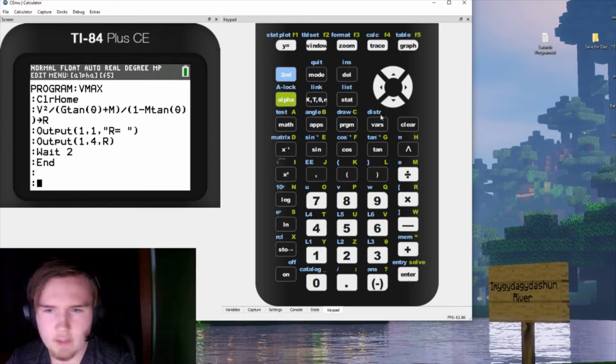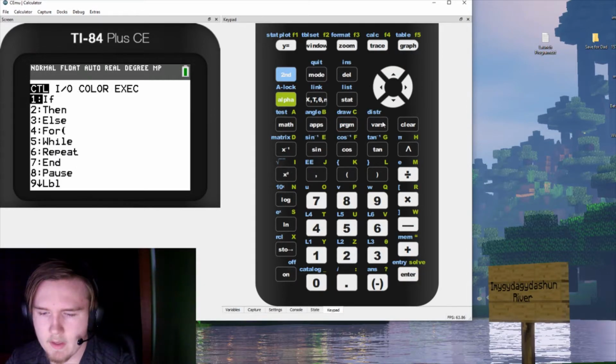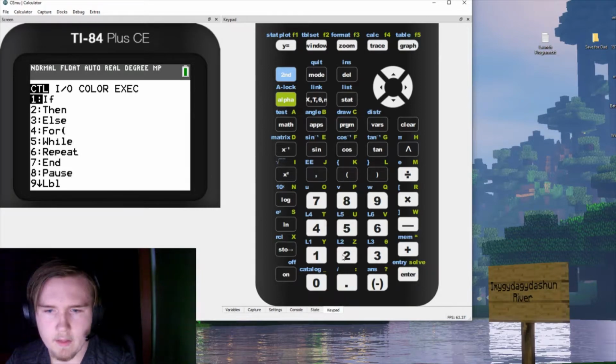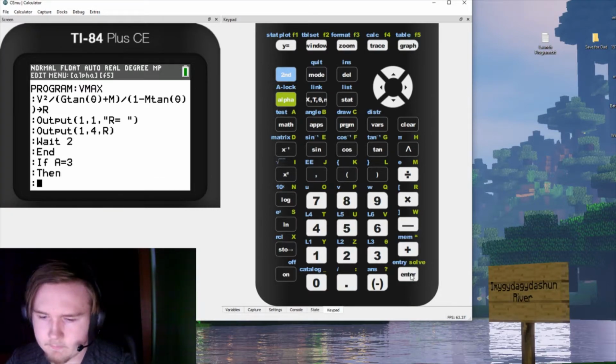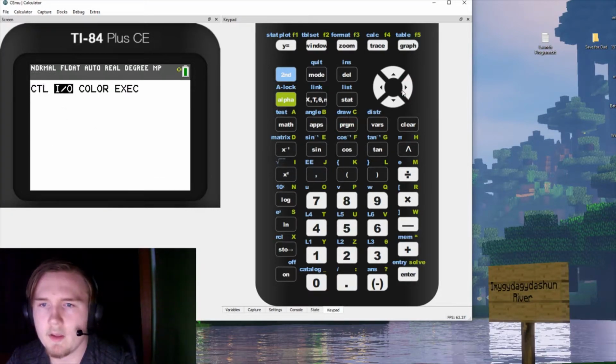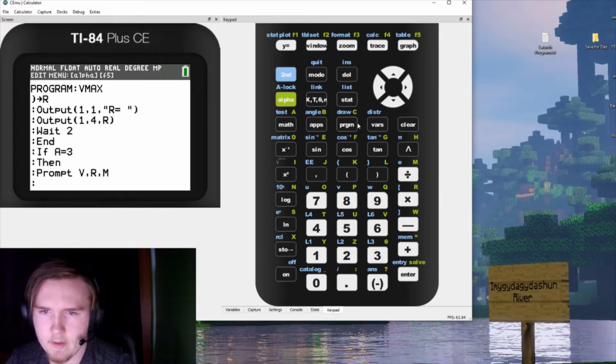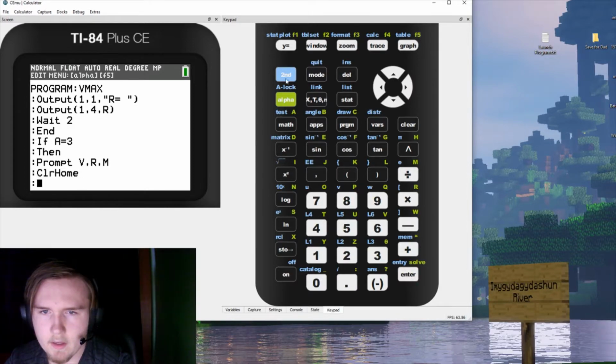Onto our third statement. If A equals 3, then prompt V, R, and M. So V, comma R, comma M. We're going to clear our home. That's input output 8. And for this math, that's